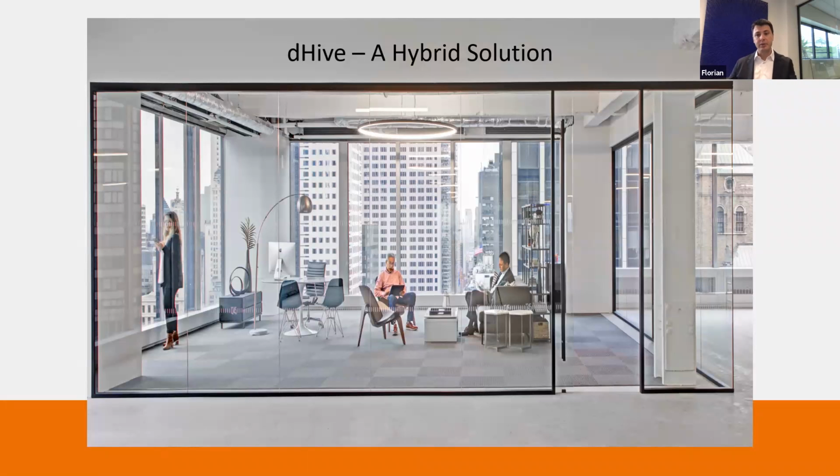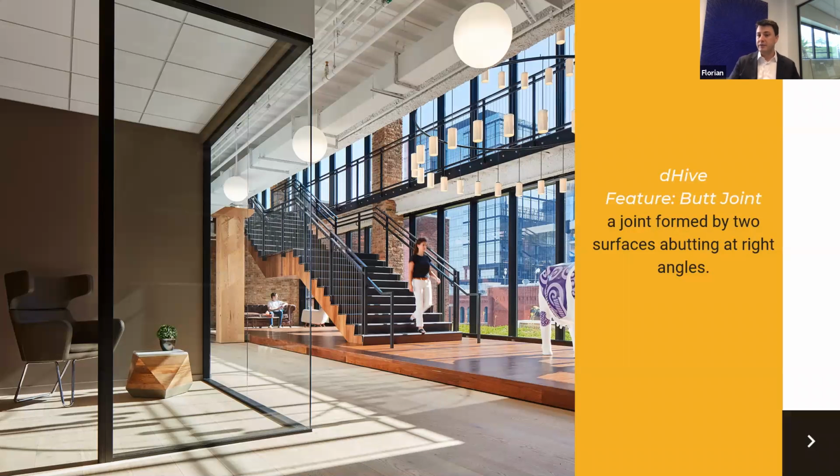And then being a hybrid solution through different processes, because we don't have the same process, also impacts how we can design the system. So for example, if you look at this picture, you see a butt joint glass wall that has a very slim frame. So the way we do it, the way we adjust on site, enables us to have a very slim and a very clean framing. Similarly, the way we do the seams is also a factor of how we have specified